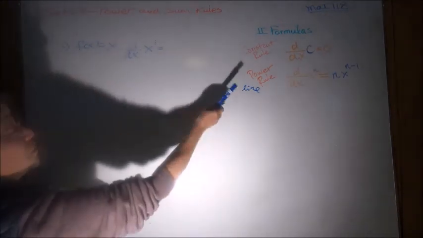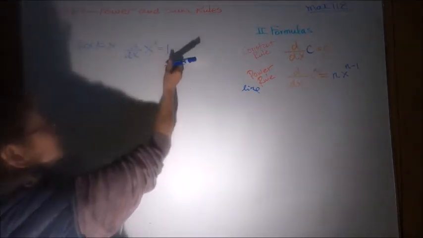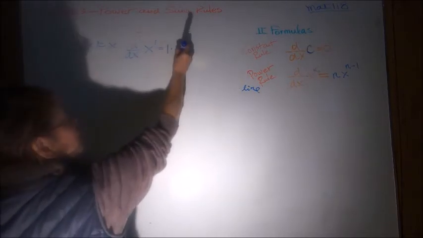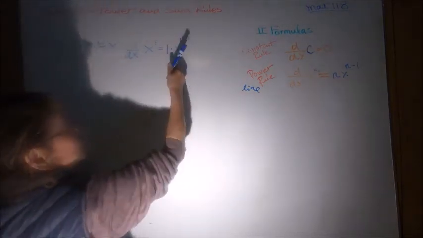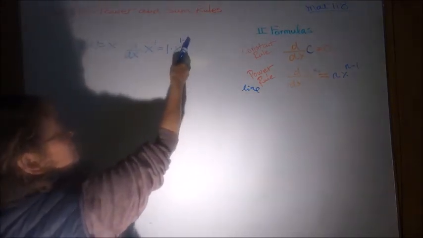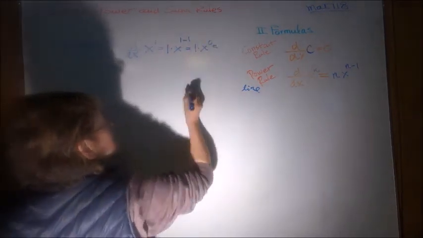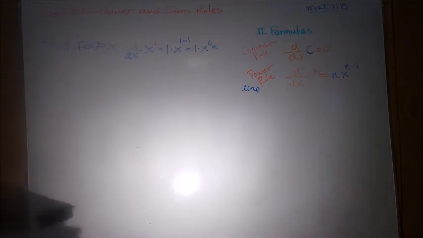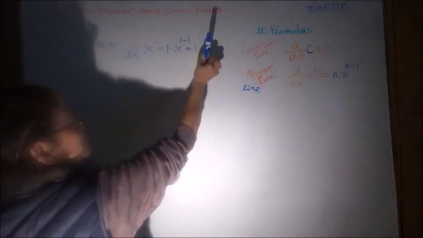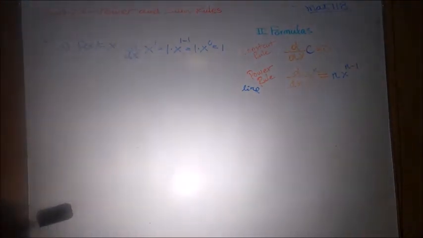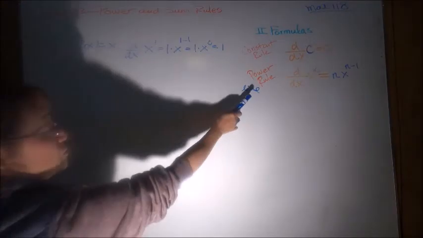So you will put the power in front of the variable, then you use the variable's power, drop 1 level. It becomes what? 1 times x to the 0 power. Anything to the 0 power is 1, right? So 1 times 1 is 1. That's what the rule says,